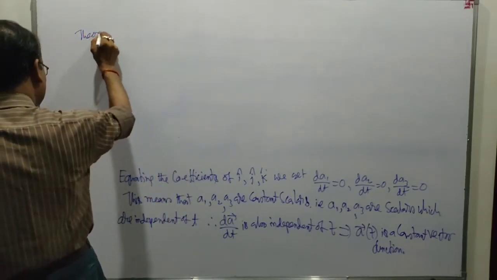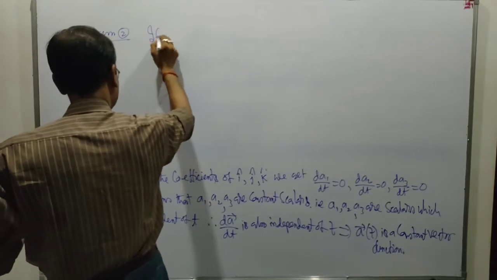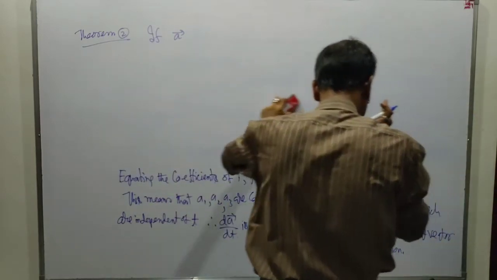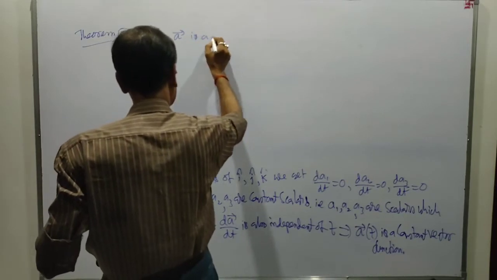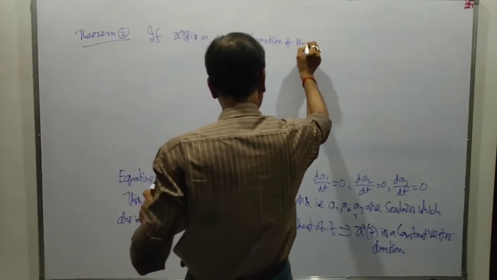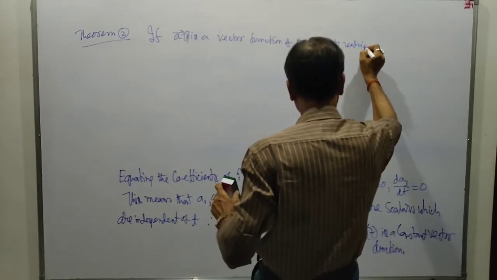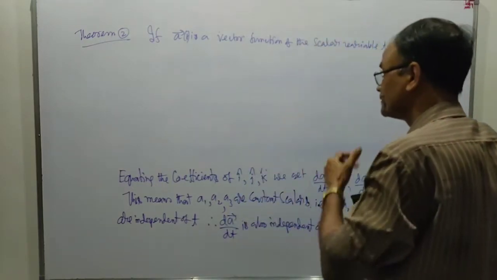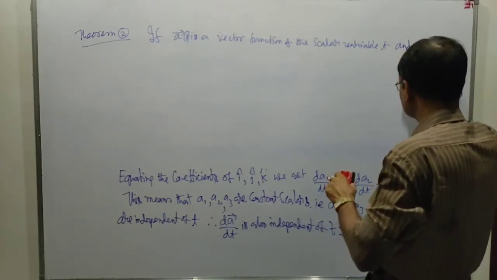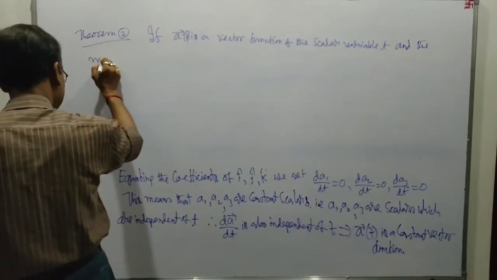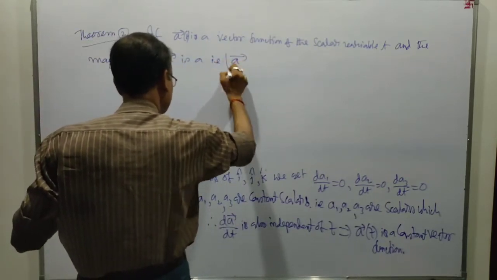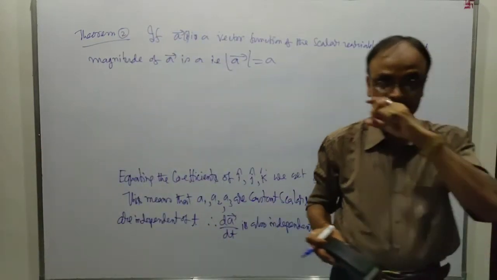Theorem number 2. If A vector is a vector function of the scalar variable t such that the magnitude of A vector is small a, that is, the magnitude of this vector is equal to a. Suppose this. Then